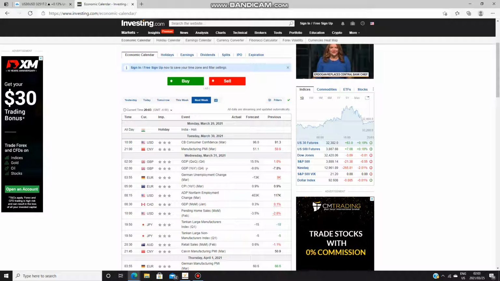Fundamentals are basically news events that happen all around the country. Global news that affect the currency movement or the price of any pair or quote. So firstly, you need to make use of investing.com, the app. I think you should download it on your smartphone or on your laptop. Have the app. On investing.com, we make use of this platform for one reason only,